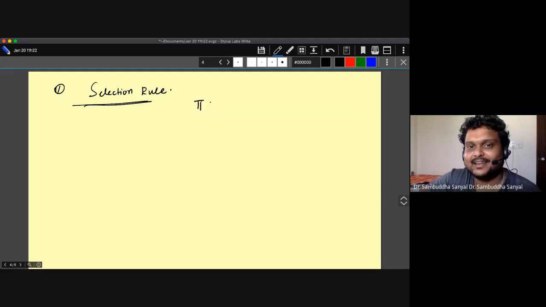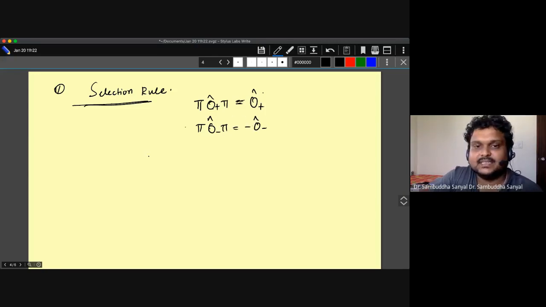Anyway, let me talk quickly about the selection rule. So the selection rule tells you the following. Let's say I have an operator. I use the sign plus for even and arbitrary operator, so this is O plus. This is an operator which is even with respect to parity. For example, it could be the J operator. And then there is another operator which is odd with respect to parity. This could be the X or P operator. So the selection rule tells the following.